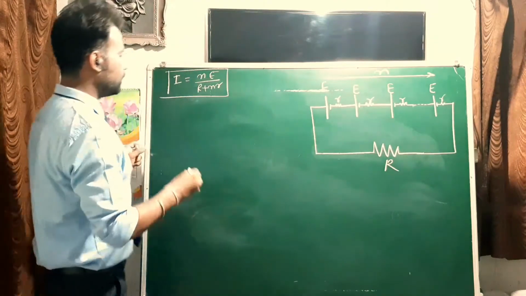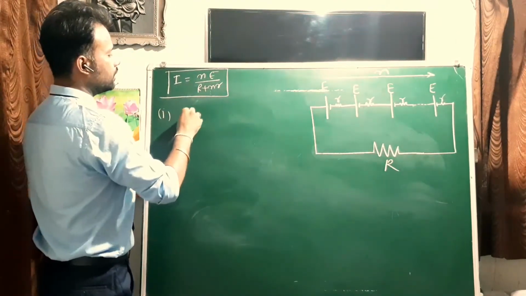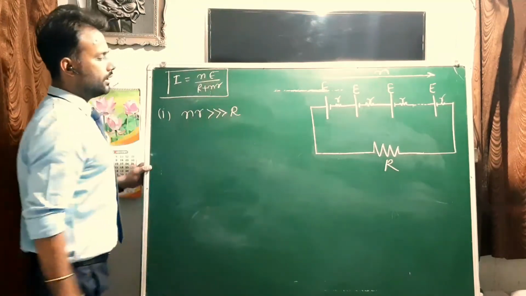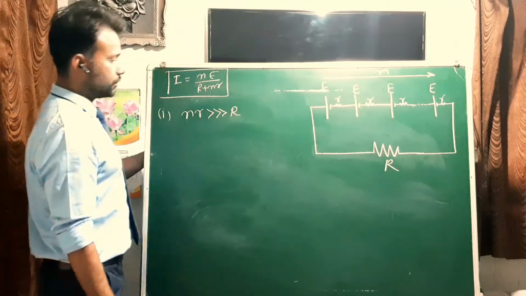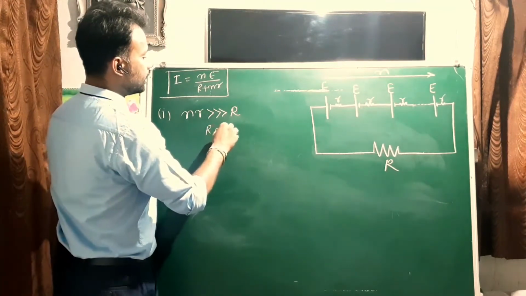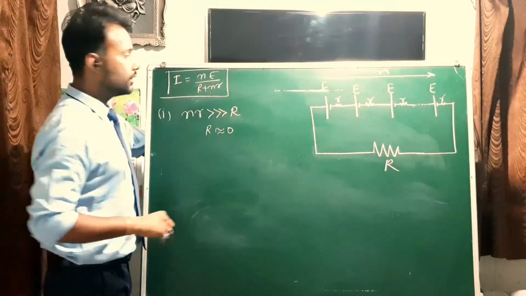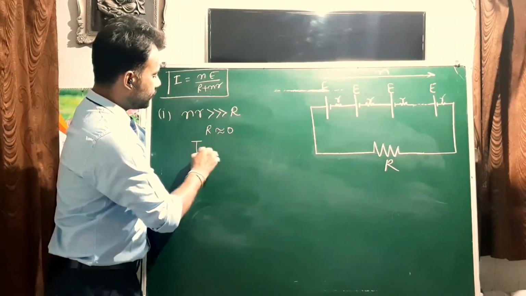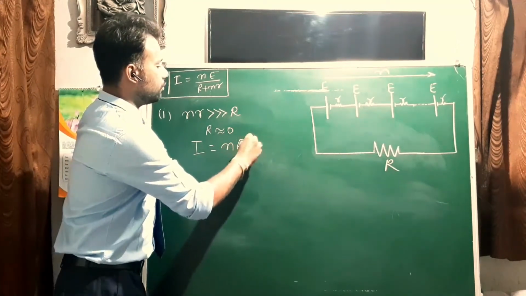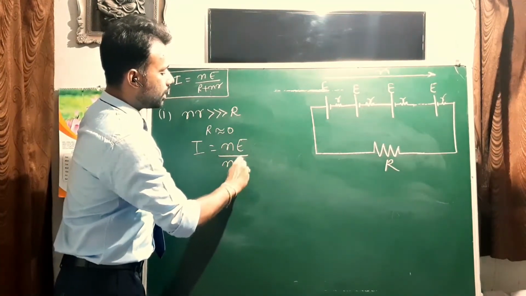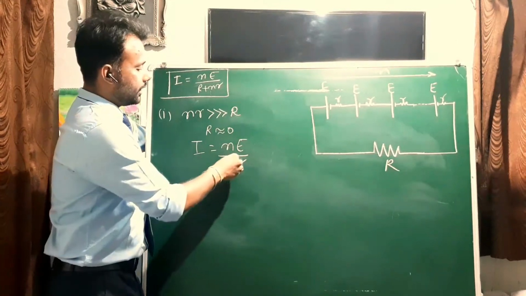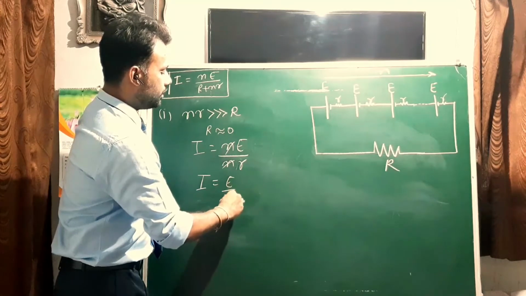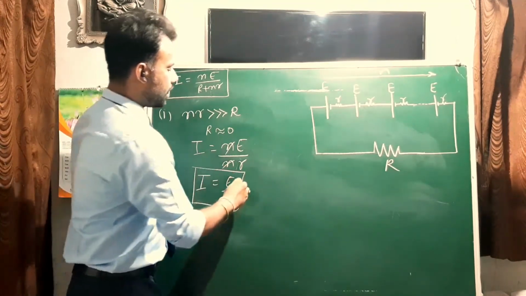The condition is that NR is much greater than the external resistance R, so that we can neglect the value of R. So put this condition in the general equation, you'll get I equals N into E upon N into R, right? N has been cancelled, so I equals E upon R, and E upon R is nothing but